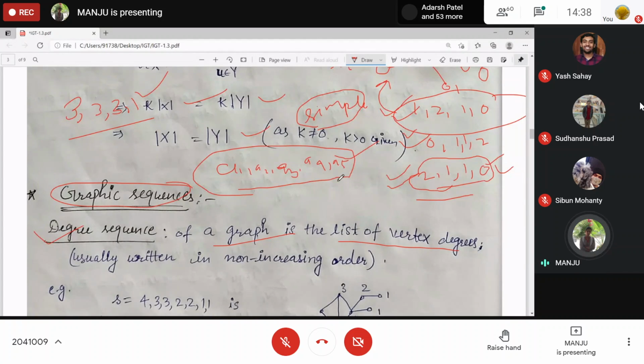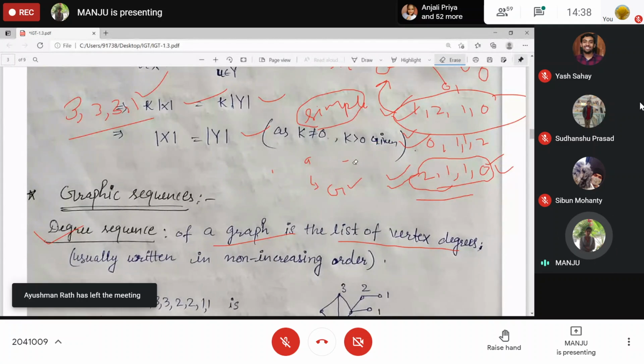Means we are able to find a simple graph such that these numbers become the degrees of the vertices. This is known as a graphic sequence or graphical sequence. So a sequence may not always be graphical. If at all a simple graph exists corresponding to that, then it is graphical.